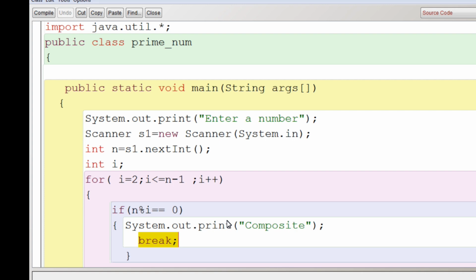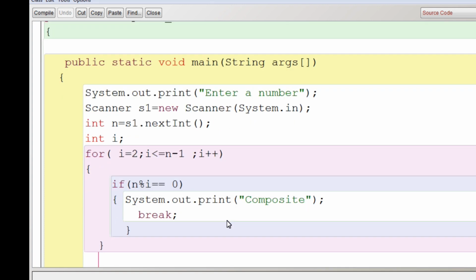Now the loop condition is true, I is just 2, which is less than or equal to 13. So the condition is true, still we are able to come out of the loop. That means you are breaking out of the loop even when the condition is true, going against the normal sequence of statements. Break is used to jump out of the loop.